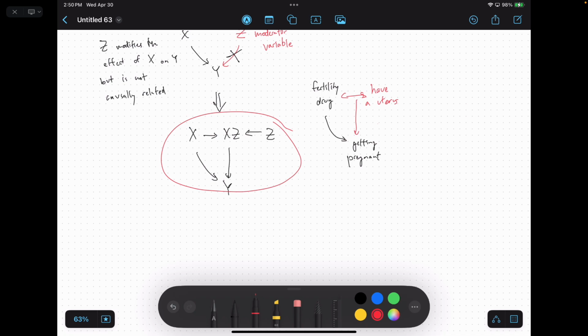If you remove the moderator variable, can the effect still happen? Yeah, but you might observe something strange happening when you remove the moderator, because maybe you would have observed a decreased efficacy of your drug because you've got both males and females in your sample. But it doesn't stop entirely. Yeah, that's right. And that's one of the tricky things about these causal models: sometimes you could get identification right, but the effect size might be wrong, right?